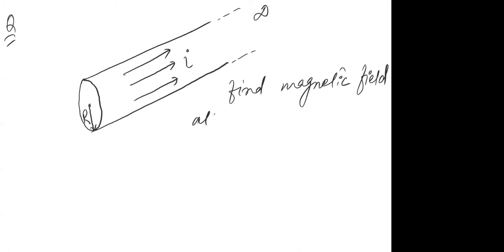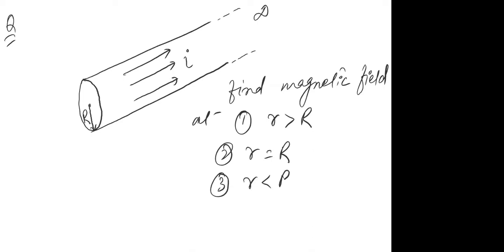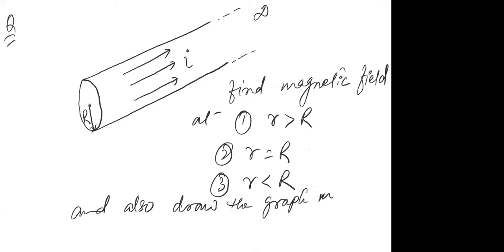at, where you have to find the magnetic field. So you have to find the magnetic field at the first point, small r greater than capital R, meaning outside the wire. Second point, small r equal to capital R. And third point, small r less than capital R. That means you have to find the magnetic field outside the wire, at the surface of the wire, and inside the wire, and also draw the graph of magnetic field